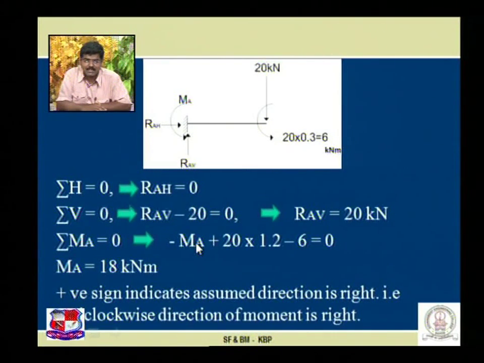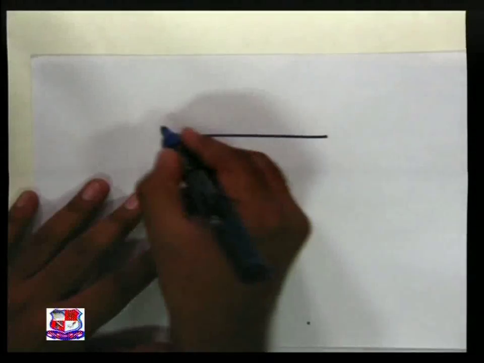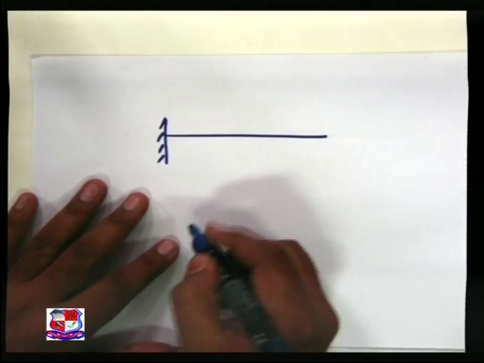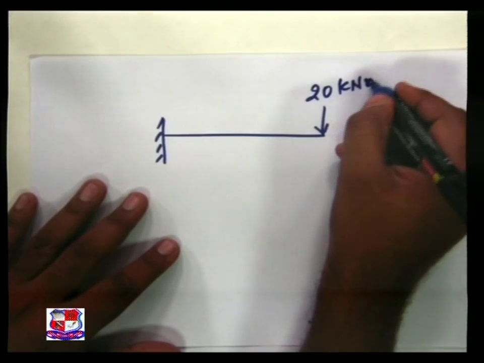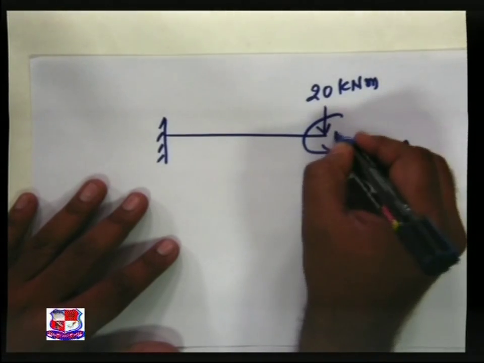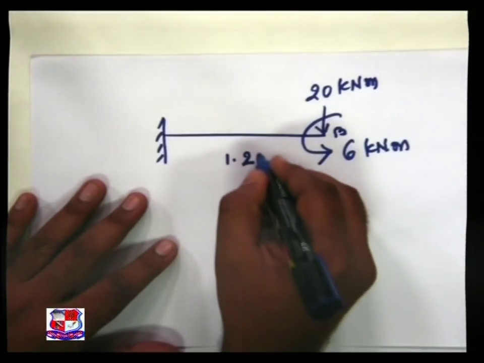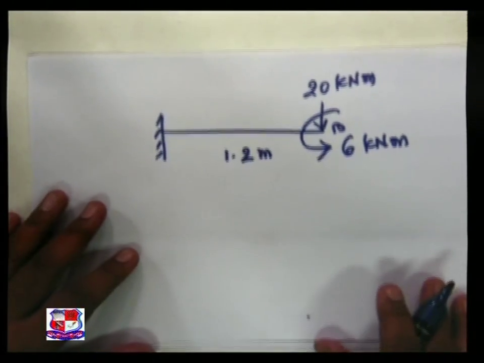Our intention next is plotting the shear force diagram and bending moment diagram. We understand this in this tabletop: a cantilever beam with a point load and a moment of 6 kN·m at B. The distance is 1.2 meter. Now